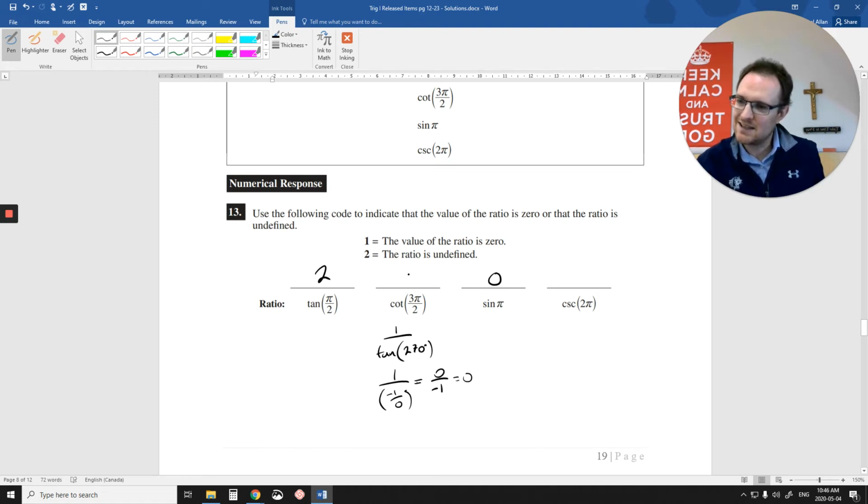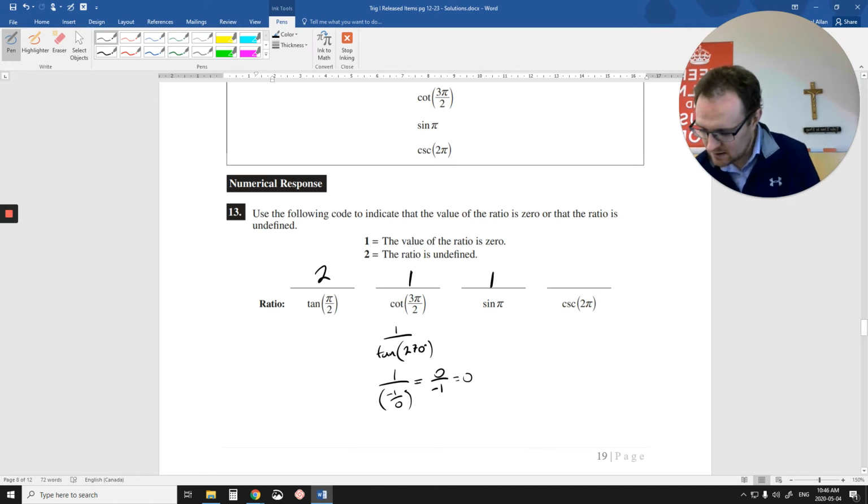So the answer is technically 0. Oh, I don't know why I put a 2 here. Oh, yeah, 2 is undefined. This is not 0. You get a value of 0, you put a 1 here. Okay. So I get a 0, so I'm going to put a 1 there. Okay. Now,